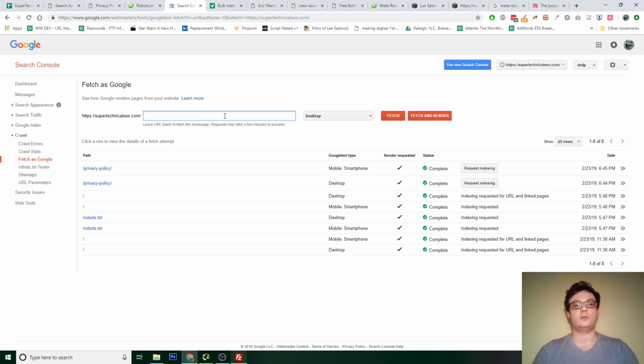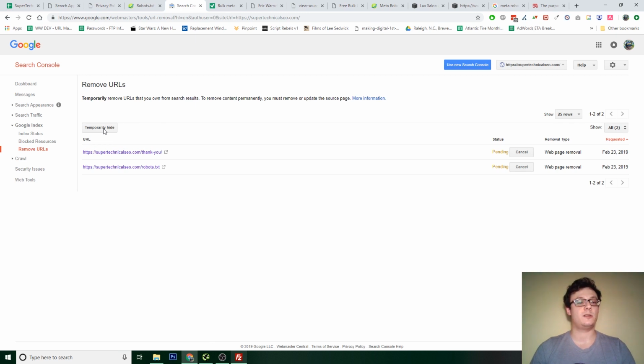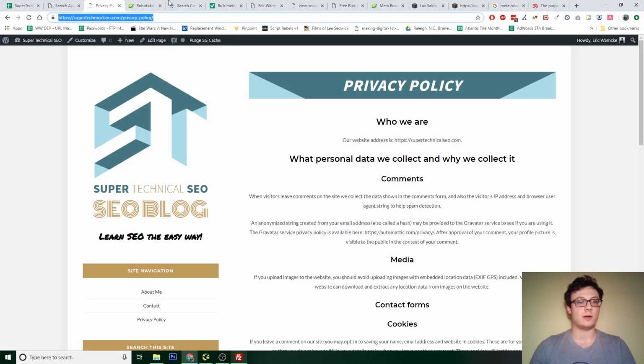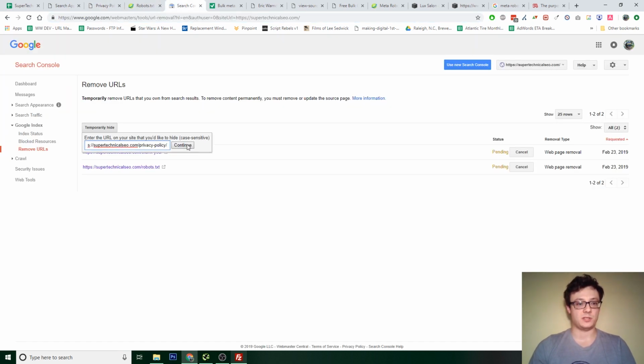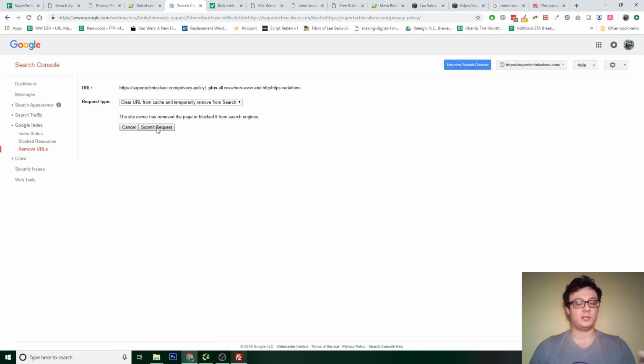And another thing that you could do is, let's say that you had a page, right, that was indexed in Google and you had told the robots.txt file to block it. Let's say you deleted a page from your website, right, and you don't want it there anymore. There's the exact opposite thing of fetch as Google here, and that's going to be under this option called Google Index. You can go here under Remove URLs and then click on this button that says Temporarily Hide and just paste in the URL that you want to hide. So in my case, it might be this URL. Paste it, press Continue, and then all you have to do is click this button here that says Submit